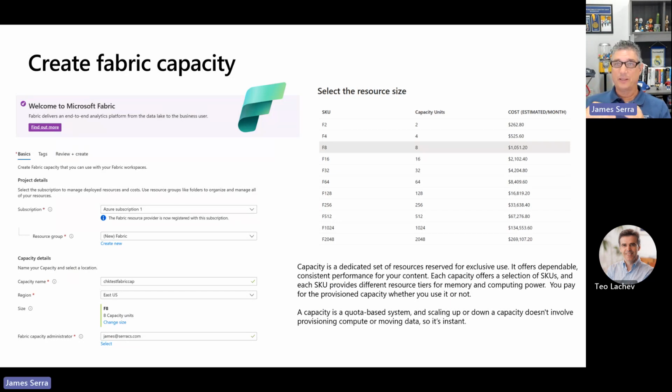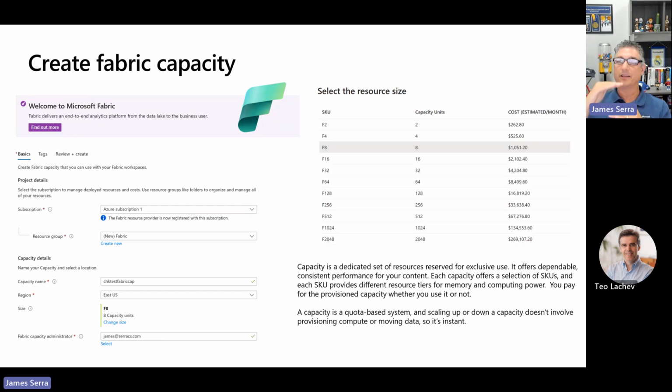You can eventually automate going up and down, but for now, you have to manually do it or write a script to do it. So maybe on the weekend, you can say, nobody's going to use this, I'm going to go to a really low SKU, but on Mondays, I want to go pretty high because a lot of people are going to use it at that time. The capacity units too